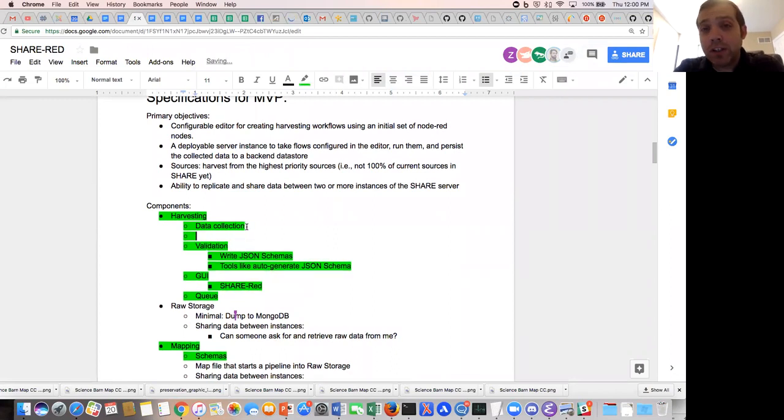We might need a regex node. We might need just a glob, so you can use wildcard formats. Maybe that's a little easier for most people than regular expressions. And some of those are already built by the Node-RED community. We have a lot of these accessible to us, but we need to know which ones we need more and which ones would lower the barrier to entry. And so having multiple people test this and try this, I think, will give us an idea about how inclusive we can make this project.